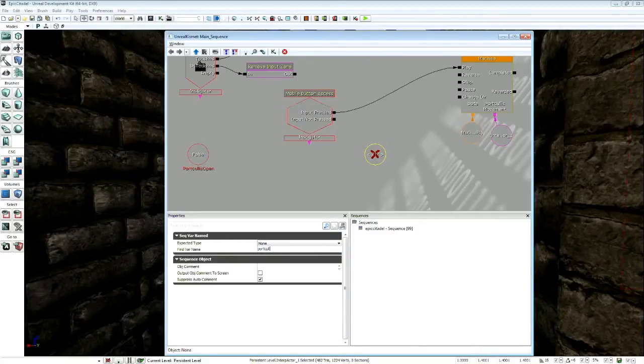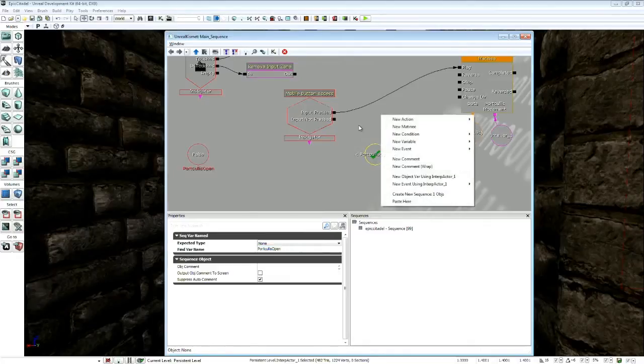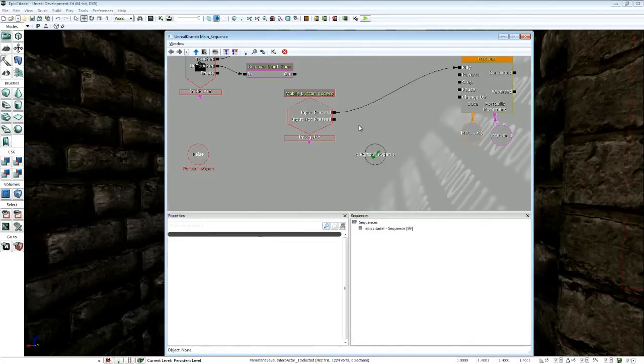Watch, portcullis open, all in lowercase, and when you hit enter, it will automatically adjust the case to what you typed the first time, and this will become a green check mark. That's how you know you did it right, and you can spell. So that's useful. Okay, so when we press this button, we want to change the value of this variable so